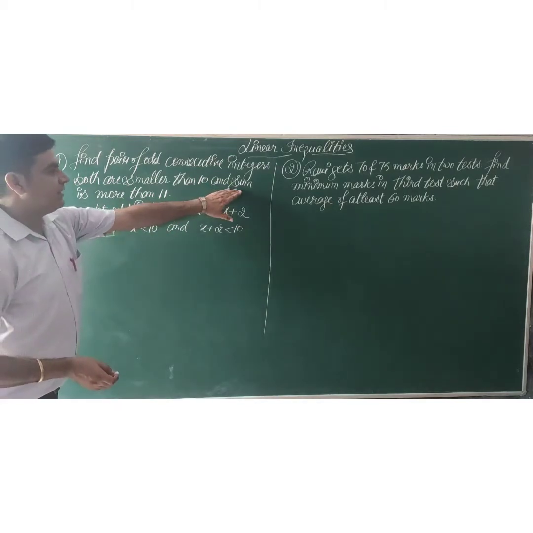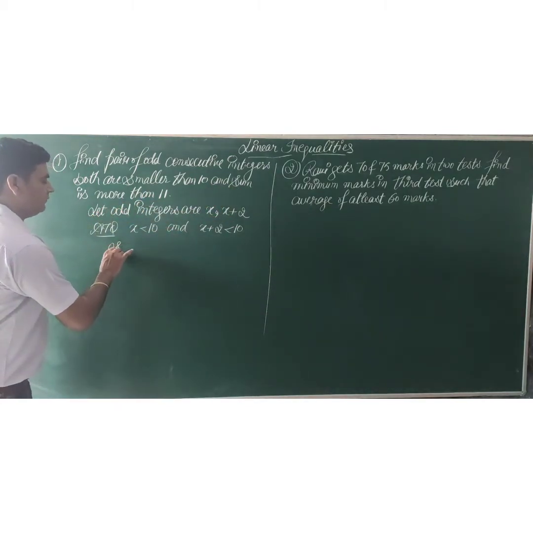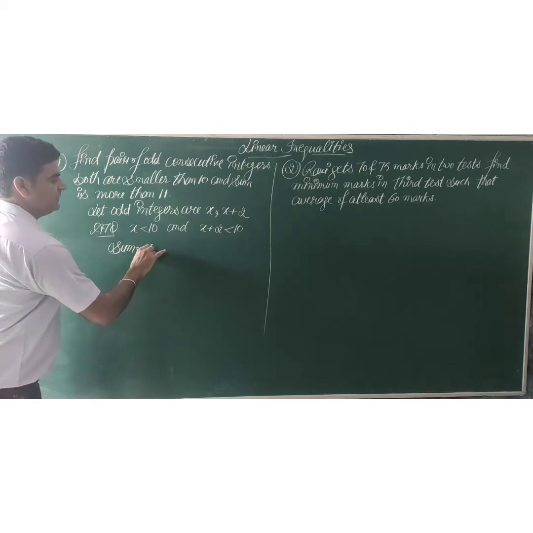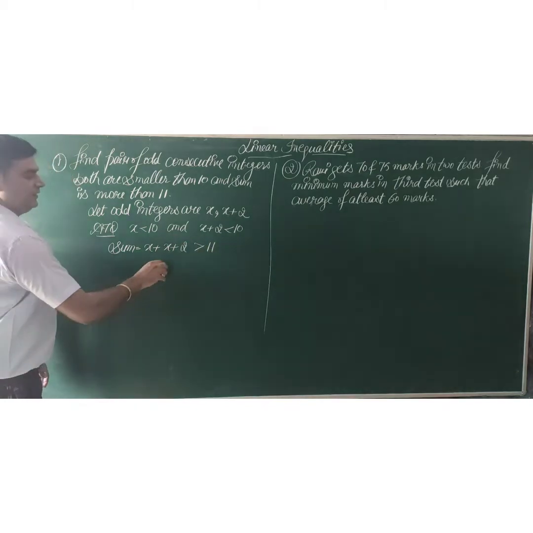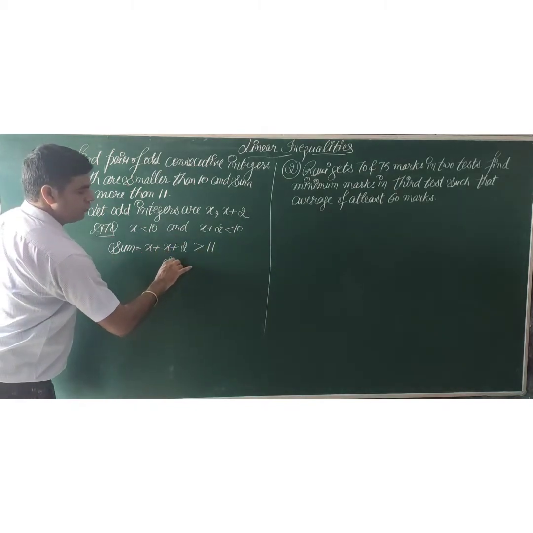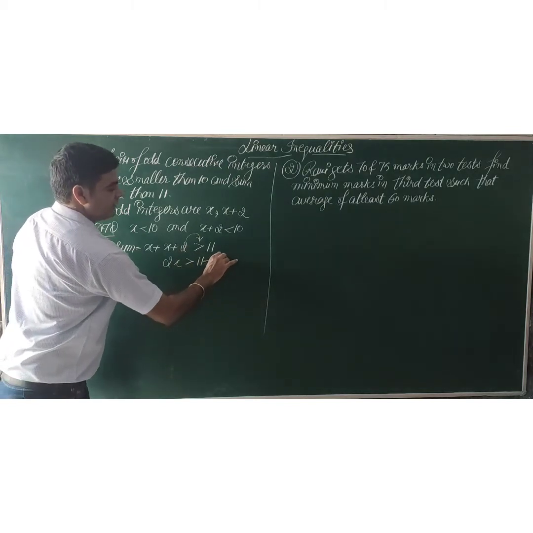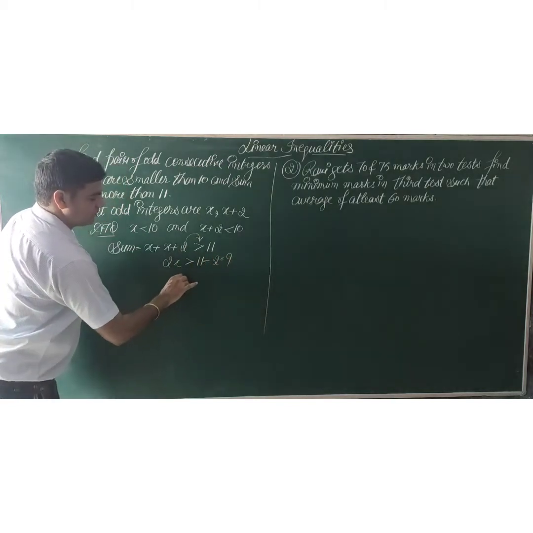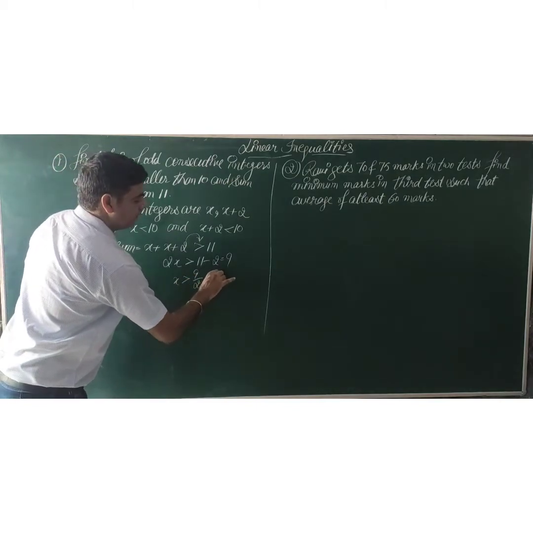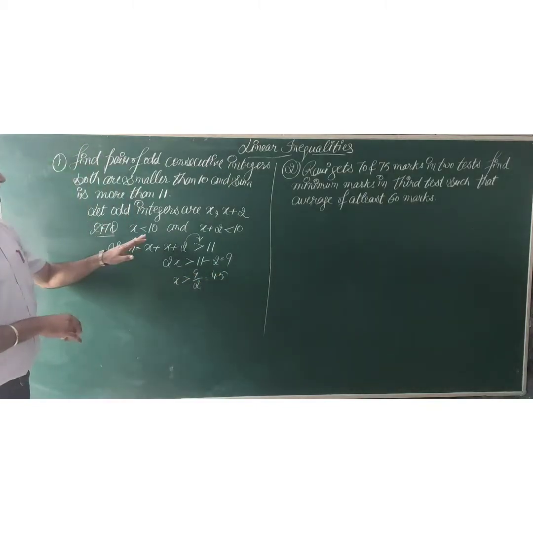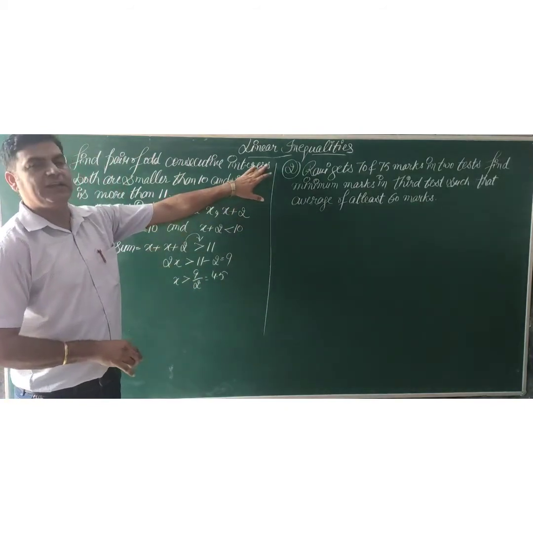Next one: the sum, means total of them, is more than 11. We have to find the sum. First integer plus second integer should be more than 11. If you see here, x plus x becomes 2x. Shifting 2 to the other side, sign changes. We get 9 on the right hand side. So the value of x should be more than 9 by 2, means 4.5. We have to choose a number which is less than 10 but more than 4.5. That is known as an integer.